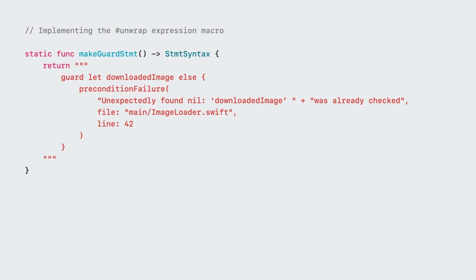To start, we'll just take that exact code sample we just saw and put it in a helper method called makeGuardStatement that returns a statement syntax node. Then we'll slowly add interpolations to replace all the stuff that needs to be different depending on where it's used. The first thing we'll do is add the right message string. The message string is an arbitrary expression, so we'll pass it in as an extra syntax node and then interpolate